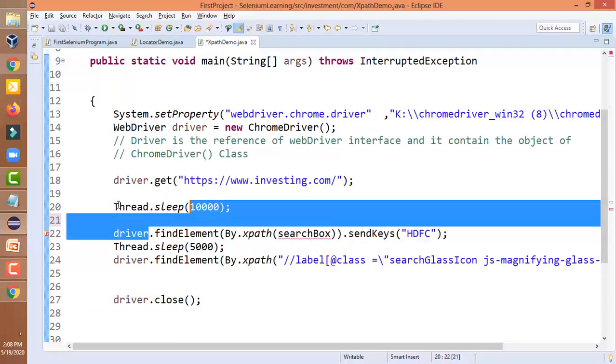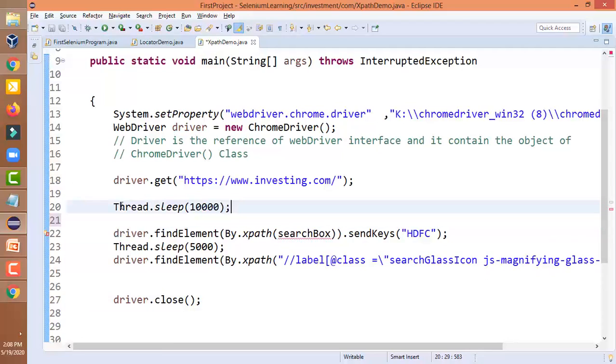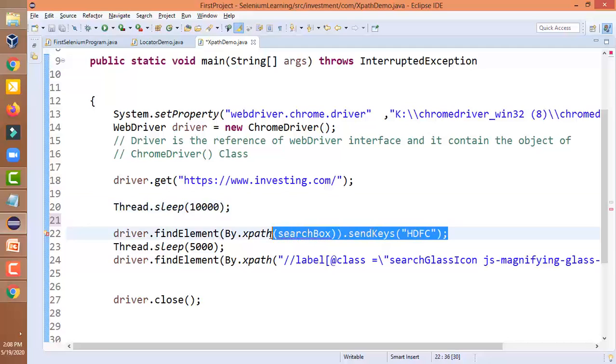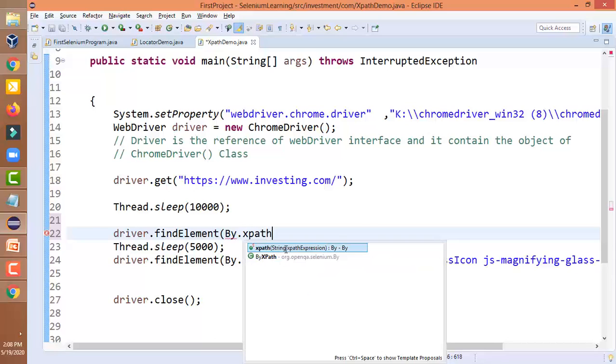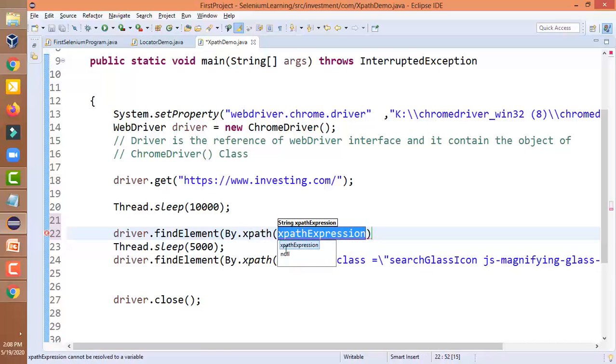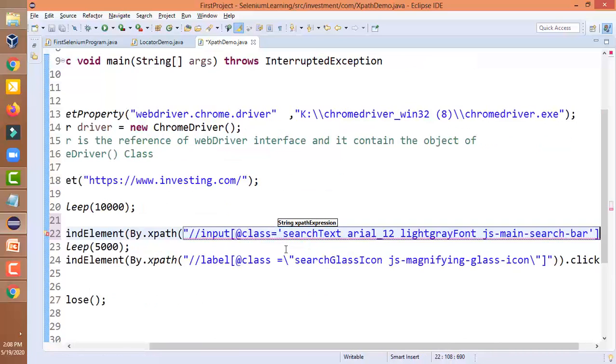We have given Thread.sleep of 10 seconds, so we would be waiting. Now By.xpath. Now this XPath that we have created.